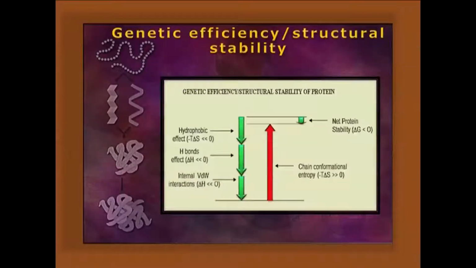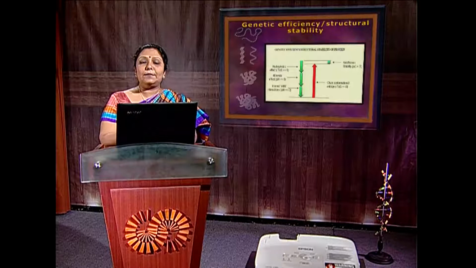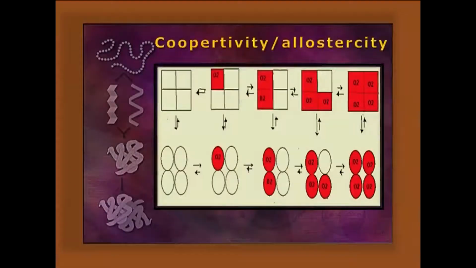Now, reasons for the quaternary structure. These quaternary structures can be made for energetic efficiency, genetic efficiency, accuracy, etc., or structural stability as well. If anything gets disturbed or defective, it can be repaired or replaced as a block. Cooperativity and allostericity can also be monitored or described by this quaternary structure, along with coordinated regulation as well.